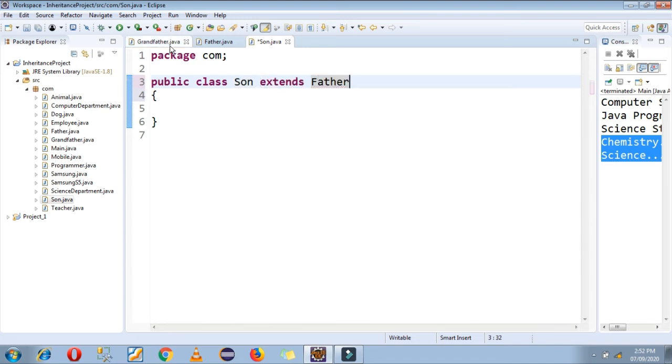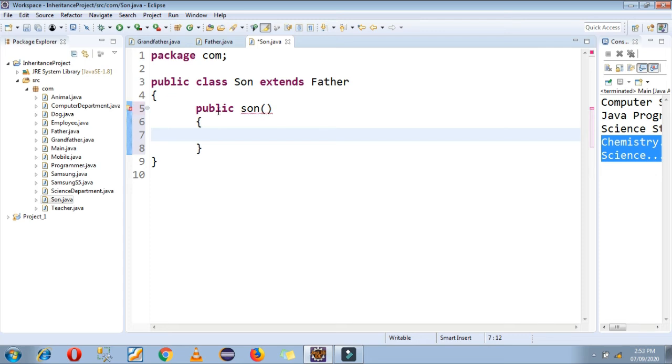So indirectly grandfather's property also comes under the son class, because you are extending grandfather in the father class. So now I am going to create one constructor here, and you know how to create a constructor. I have already created some tutorial on this constructor topic. So constructor is nothing but a son constructor, and in this constructor I am just printing one simple statement.